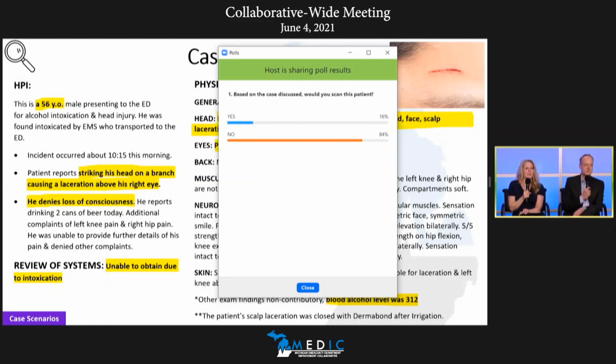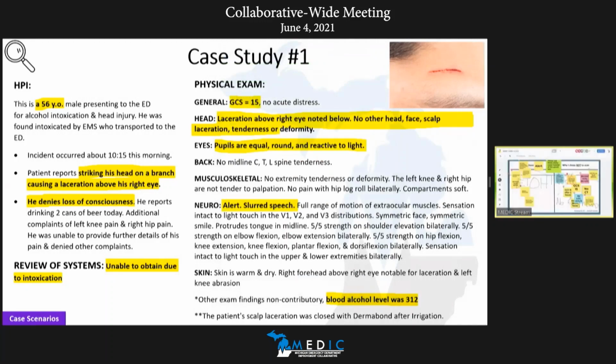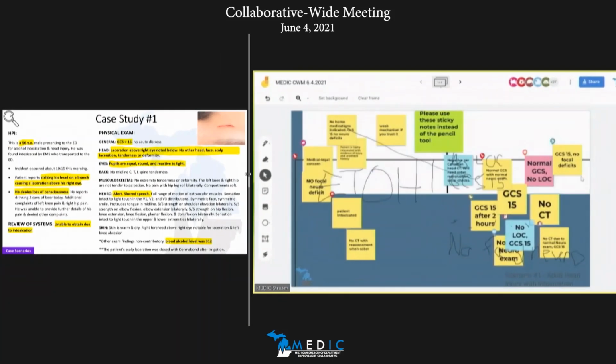Starting to come up here, and I'm seeing a bit of a split decision. Certainly mostly on the no side. I think that makes the coordinating center feel good. Yes. But still, a few yes responses. So let's move to the Jamboard, and I'd be curious to see where the justification is as people think about this.